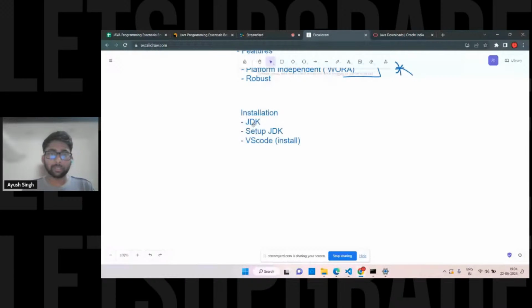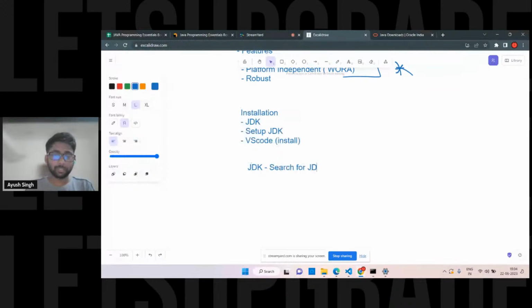Okay, so we have this JDK. You have to just go on the site, search for JDK. This is quite easy. Okay, don't get confused. Search for JDK, select your operating system, whatever you have. Install that. Simple. You don't have to do anything. You just click on next, on that exe file. It will install and automatically set the environment variables, if you are going with the C folder.